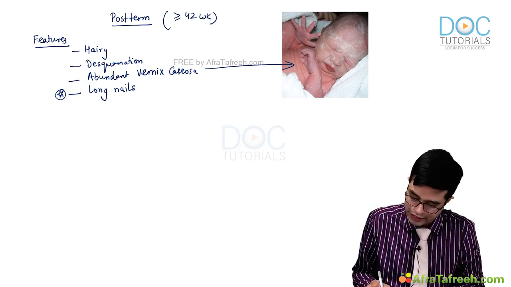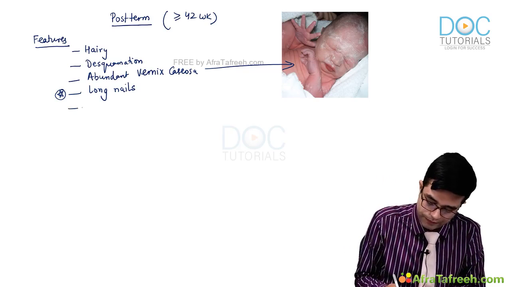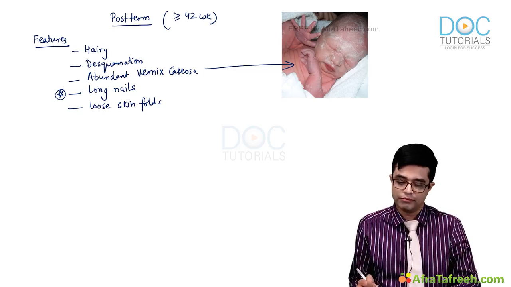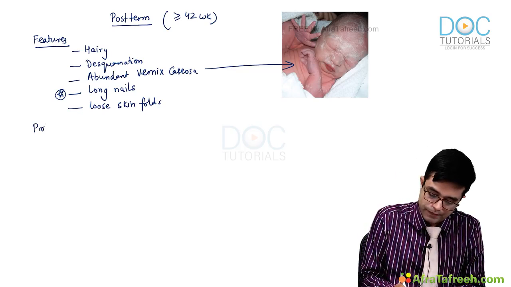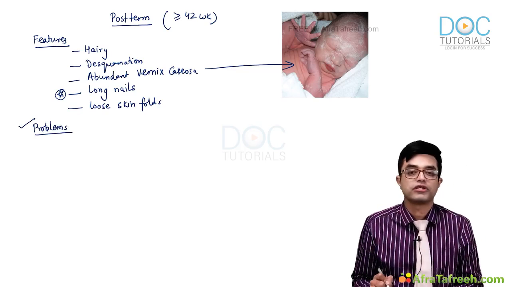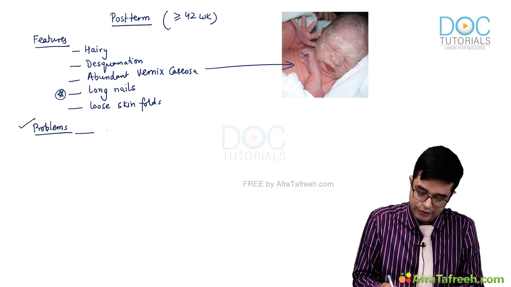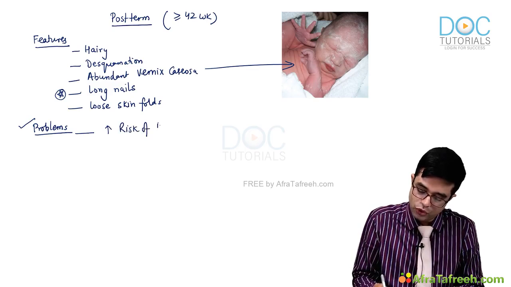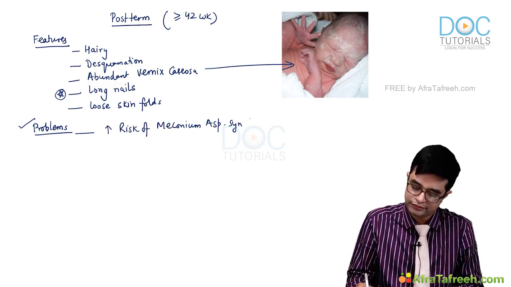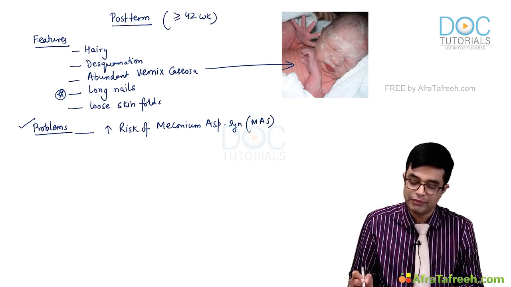And they are also found to have loose skin folds. Loose skin folds are also found in some preterm babies. What are the problems which are more common in post-term babies? First, post-term babies have a higher risk of meconium aspiration syndrome. Meconium aspiration risk is not increased in preterm, but it is increased in post-term babies, particularly if they are IUGR,